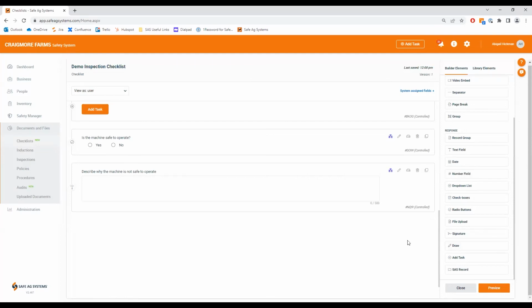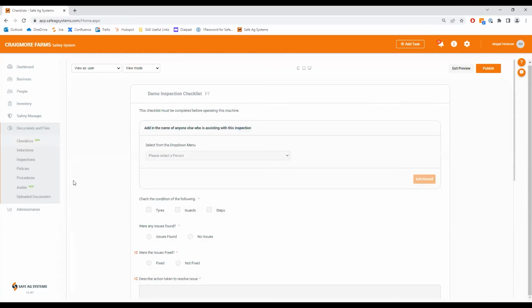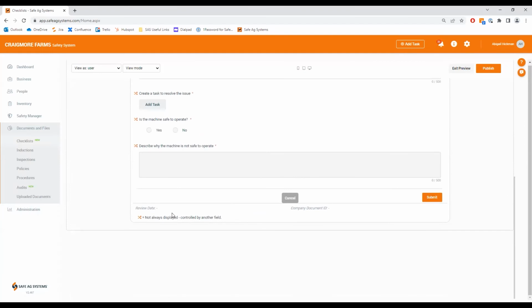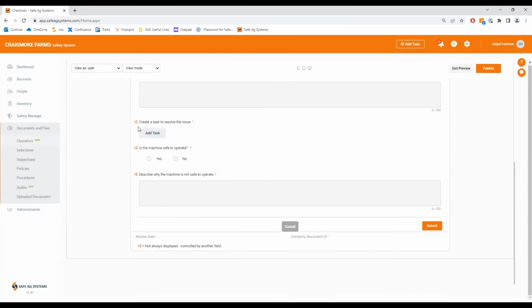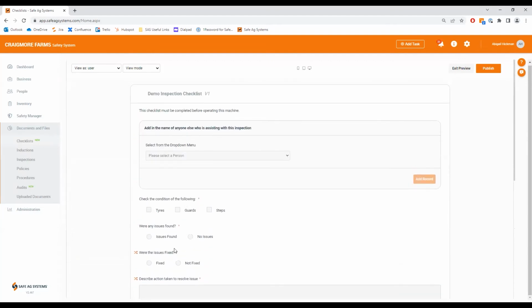So we now have finished our checklist and it's ready to preview. So down here, I'll click the preview button. And up here, it now becomes very important. As you can see, I don't have the option to do anything in here. All of these fields have got a little red mark on them, but I can look at this checklist, and where it's got these little curly brackets, I can see that conditional logic has been applied on those elements. If I now come up here and I click update mode,